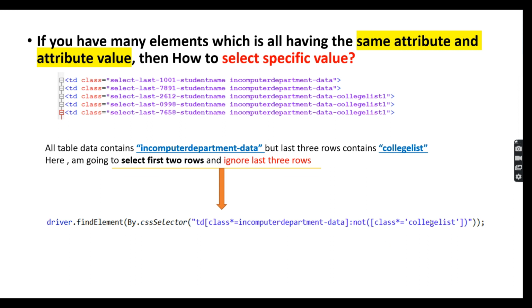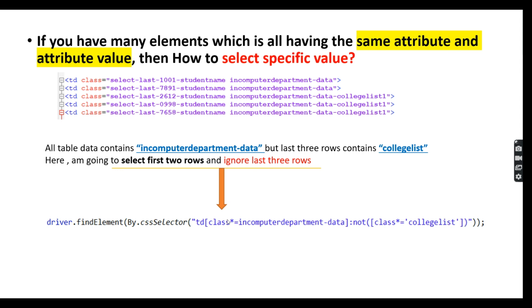In not, you open a bracket, then open a square bracket with the same class attribute and star, since we check what words it contains, so I'm using star equal. Here I'm going to use college list. Whichever attribute values contain the college list word, don't select those rows. That's why I'm using not and that word.